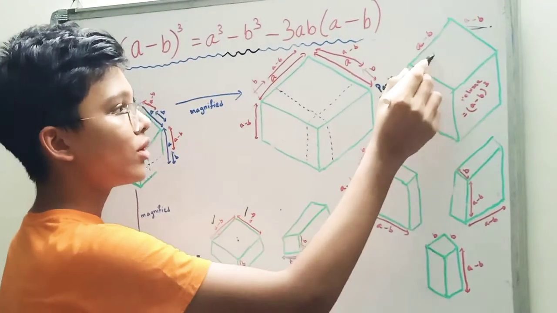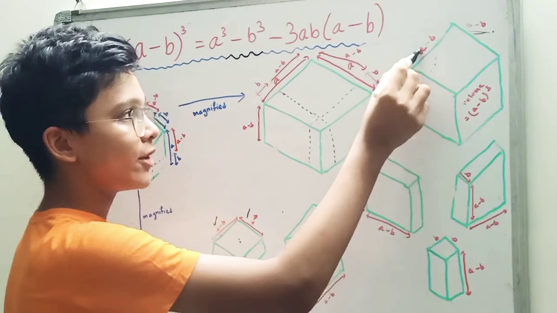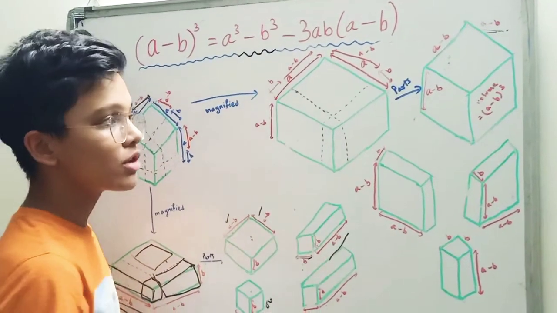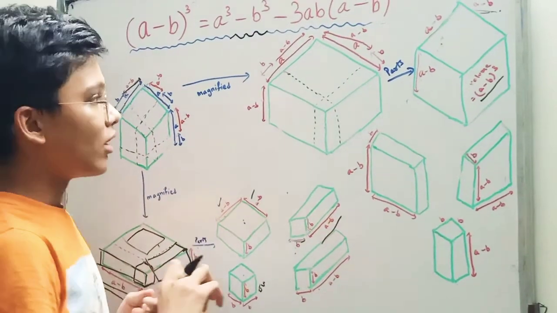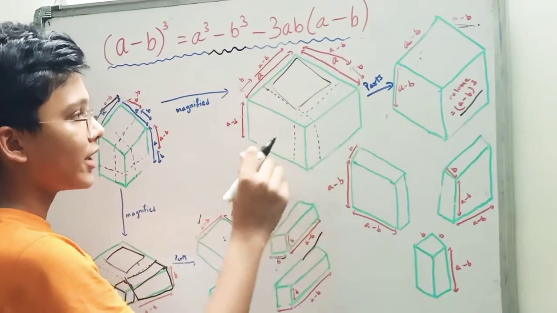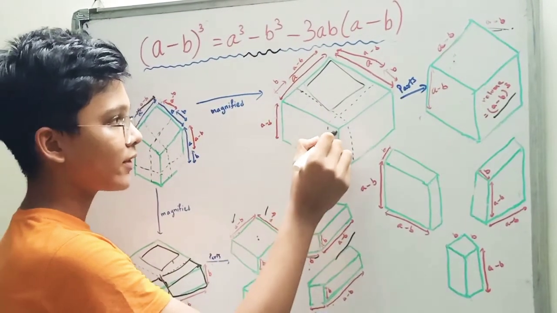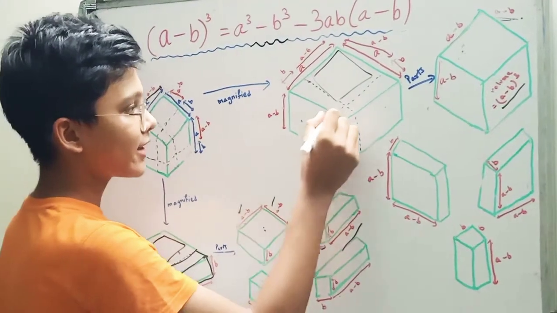Now what is this volume? The volume of this cube is (a − b) into (a − b) into (a − b). So we get (a − b) the whole cube. Now we have separated this portion of the cube. Now three more portions are left, this and this. They are represented here. So let's take this one first.